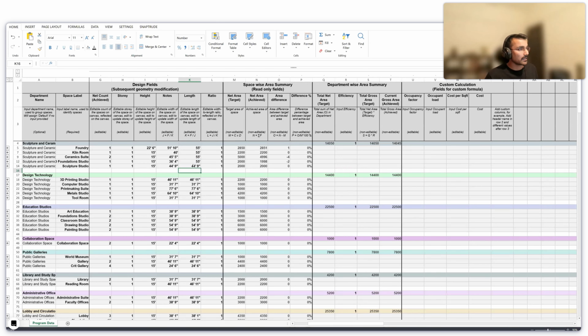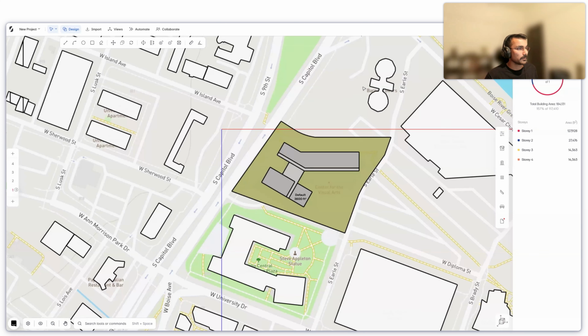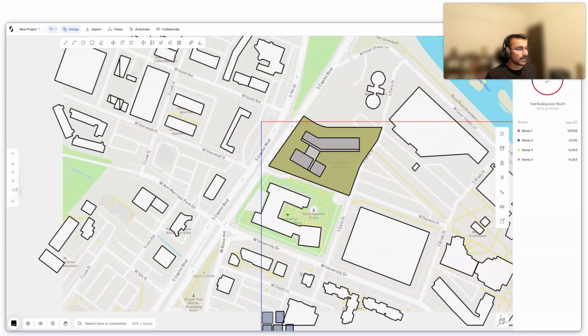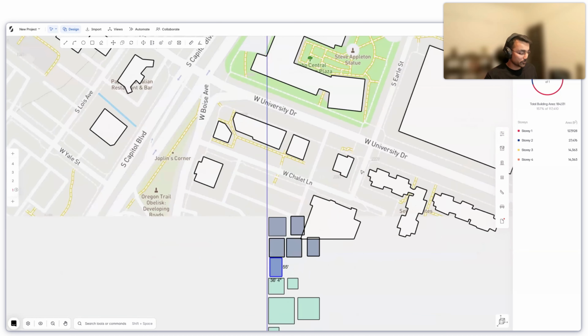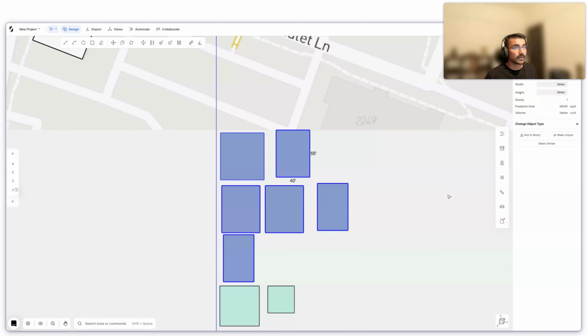I know that I can just select one cell and drag it down, but unfortunately that doesn't work yet somehow. So I have to change each one of them. And once I go back into my project now, that's better. You can see that all these spaces which were in the blue department, their widths have been changed to 55 feet, right? And now I can just take them